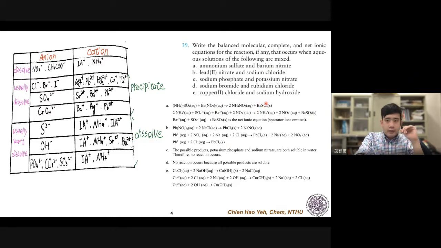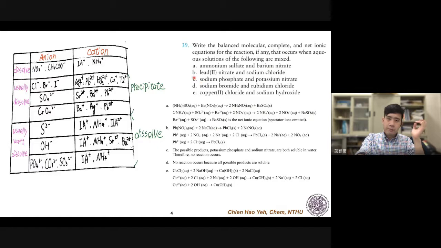And the ammonium nitrate will stay the same, because an exchange has happened. So the complete ionic equation is the complete reaction. You cannot write down anything about an ion or cation. So you can just take a look over here. And for the barium ion, the net ionic equation just states what anion and cation are having a reaction inside this cup of mixture. So basically, it is just written like this.